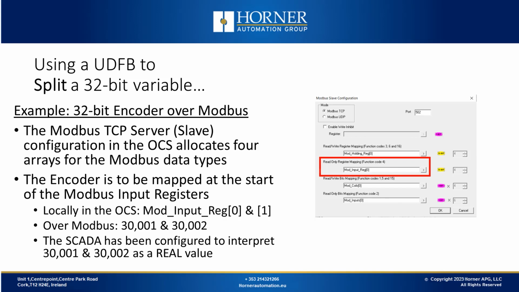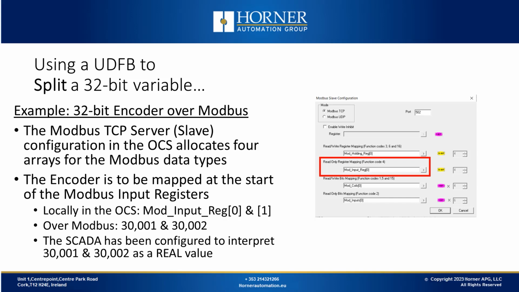In the OCS, using our user-defined function block, we'll split the 32-bit double integer into 2 16-bit variables. Store the broken down data in Modbus input register 0 and Modbus input register 1, making it